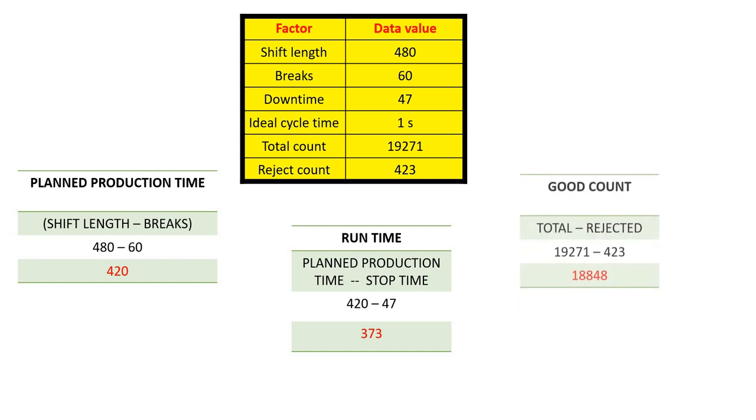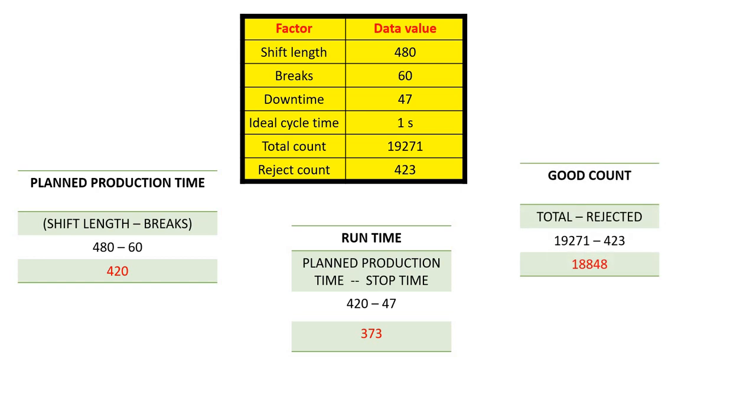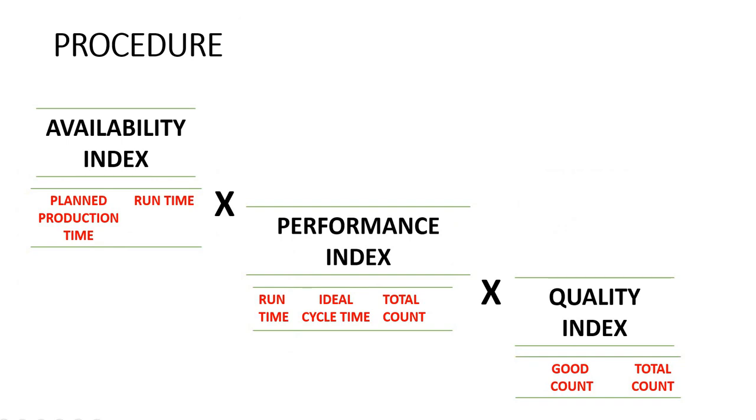In order to calculate the good count, it is pretty intuitive. We know the total count and we know the rejected quantity. If we just take the difference, we'll end up with the good count. Now that we know all the data, we can just go on and calculate the availability index, performance index, and